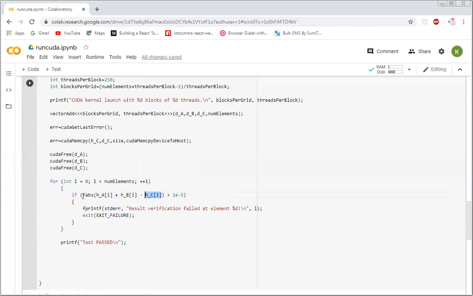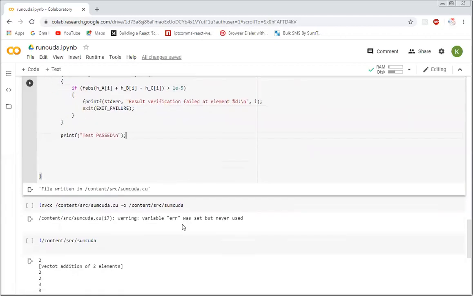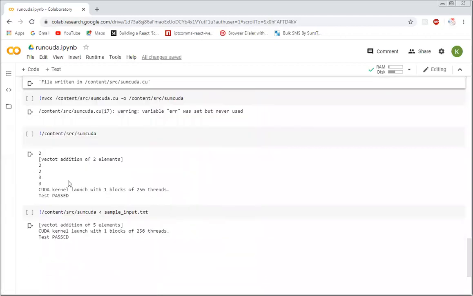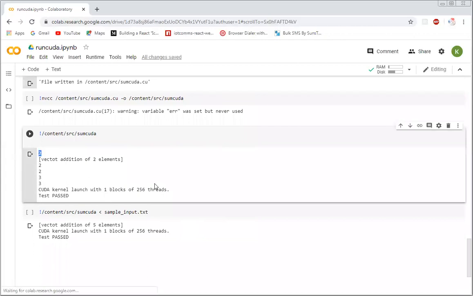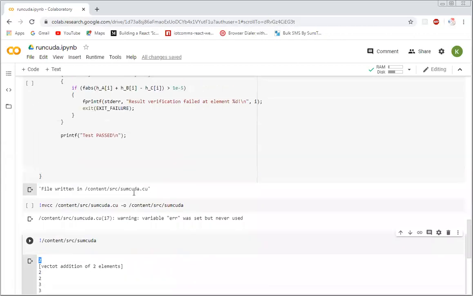So what we are doing is taking the addition of A and B and subtracting it, and if a very negligible difference is there, then it is okay, no issues. Then we are printing the test result. So let us see, we get two values.